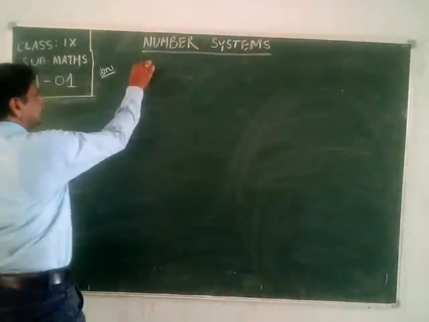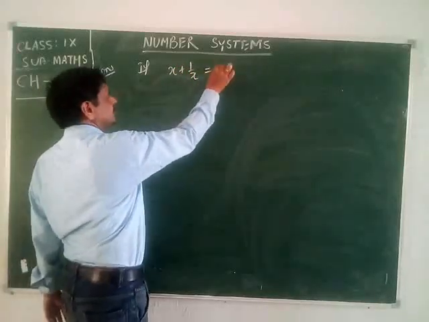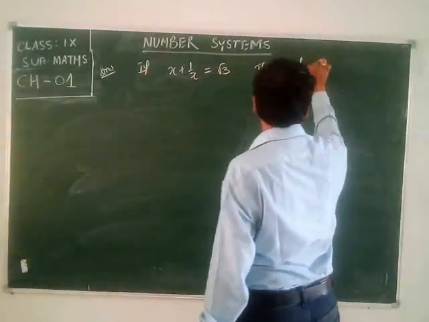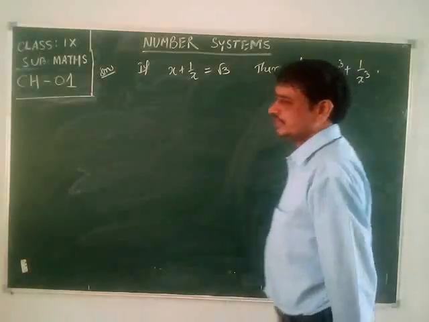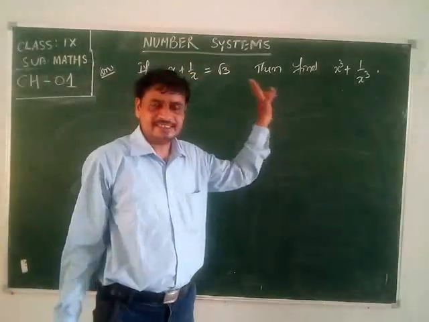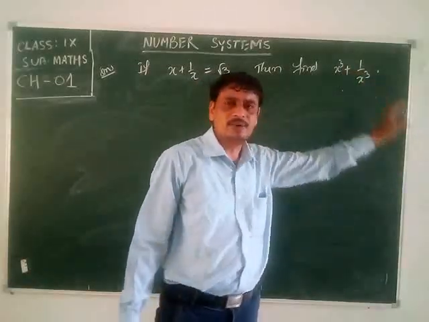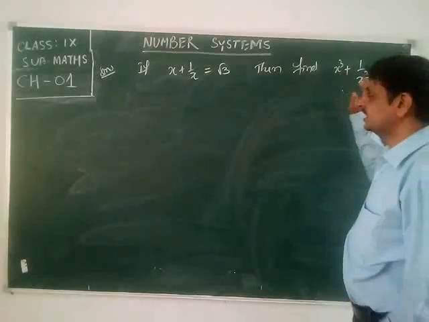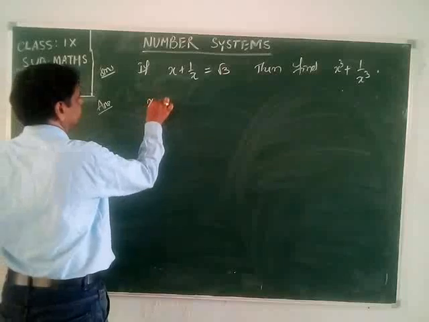Next question, if x plus 1 by x is given as √3, then find x cube plus 1 by x cube. It is given the value of x plus 1 by x, that is √3, and we have to find the value of x cube plus 1 by x cube. Since this x cube plus 1 by x cube is in the form of an identity,